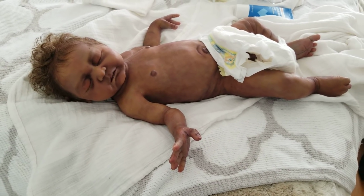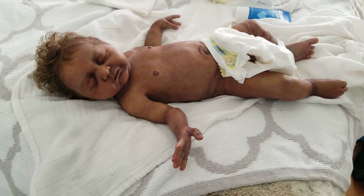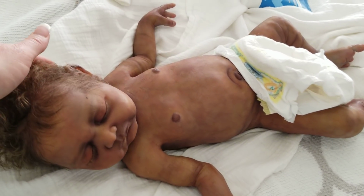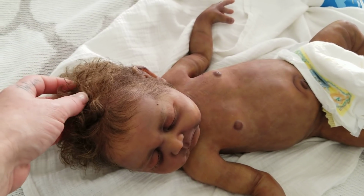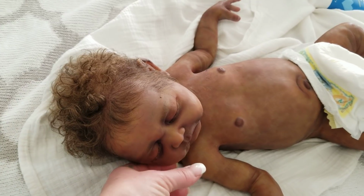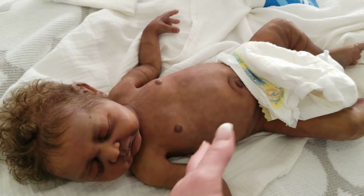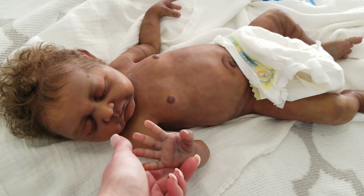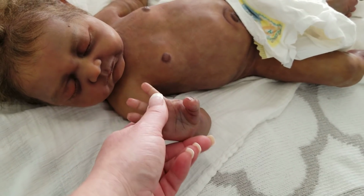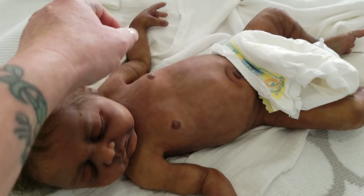Anyways, I will not conduct business in the comments. Please do not ask me the price or anything in the comments. That's not the place to conduct business. I am not listing his price in here, although I'd like to. It would make it easier on me. I know that when you get into the high-end dolls, some collectors don't want people to know how much they paid for their baby, and I do very well understand that. It would make it easier for me to just throw out what I'm asking. But